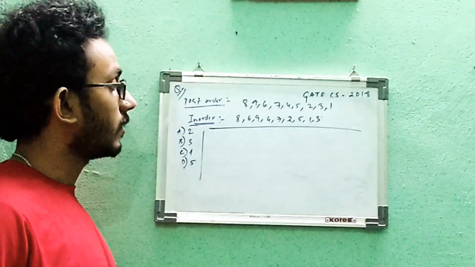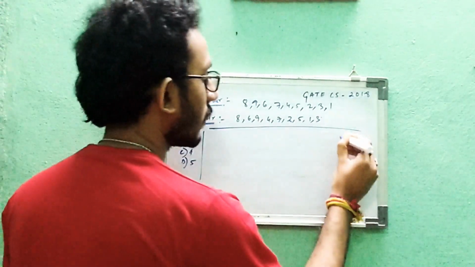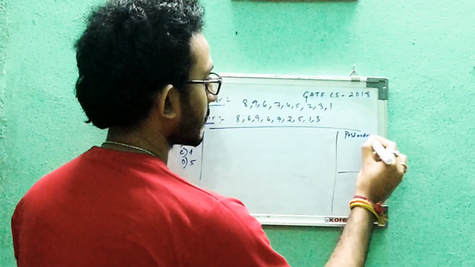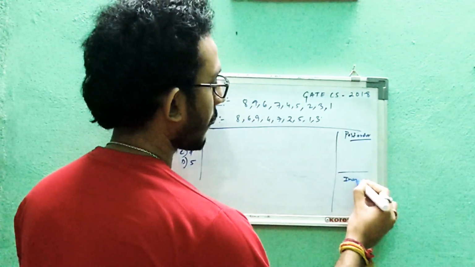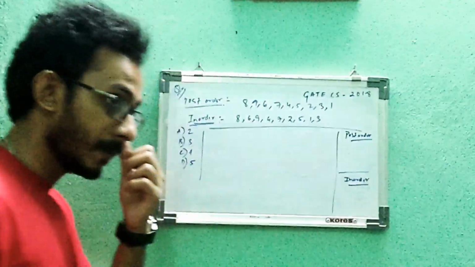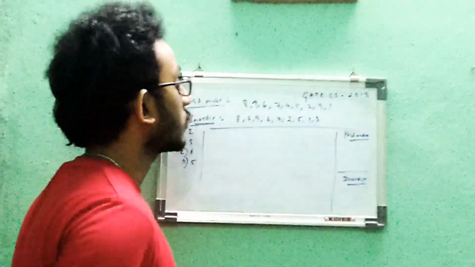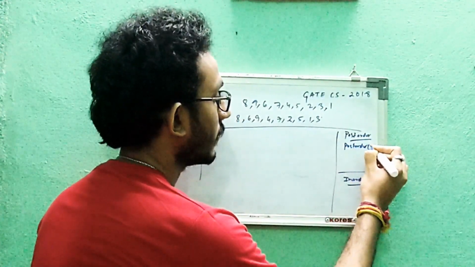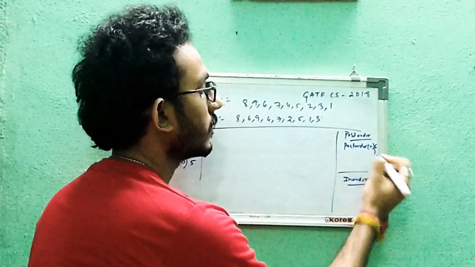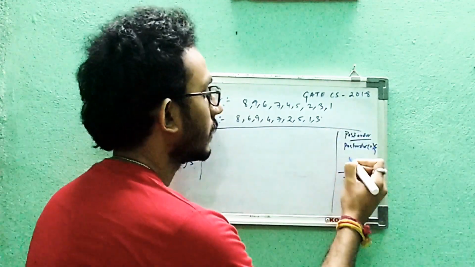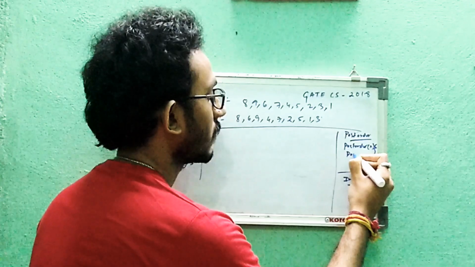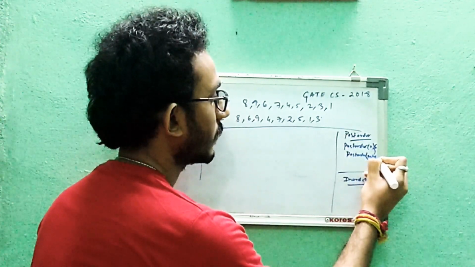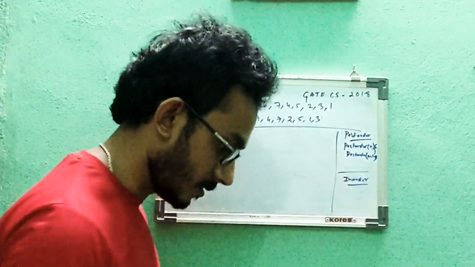Now for post order, I'll just write the algorithms, the post order and in order, on one of the sides. In post order, the algorithm is, let's say the function is post order of x. This will run as, first of all, we'll run the left node: post order of x to left. Write it nicely.